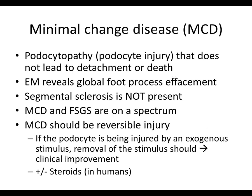So in humans, if they have evidence that the podocyte has been injured by an exogenous stimulus, maybe drug exposure or something like that, the first line of treatment is to get rid of the offending agent. And then in humans, they often give steroids. And that's an issue that I just want to mention. In humans, we give steroids for a lot of glomerular diseases. We tend not to suggest steroids in dogs because dogs are so incredibly sensitive to steroids and